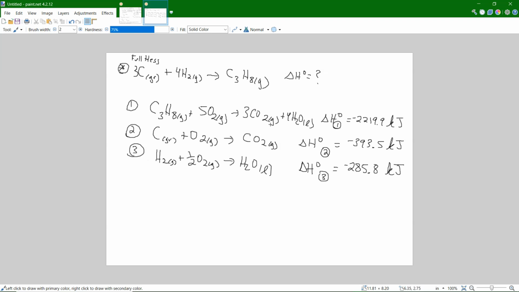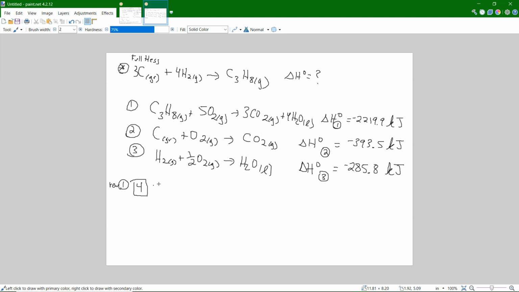We start off at the product side. I've got C3H8 on the product side. And then I scan: where do I see C3H8 in any of the reactions? Oh, I see it in reaction 1. It's on the reactant side, and in the full Hess, it's on the product side. So I'm going to reverse equation 1 and make that equation 4,